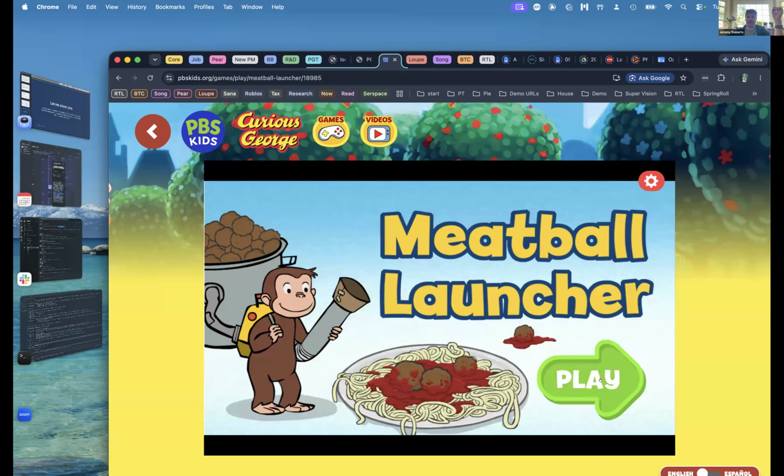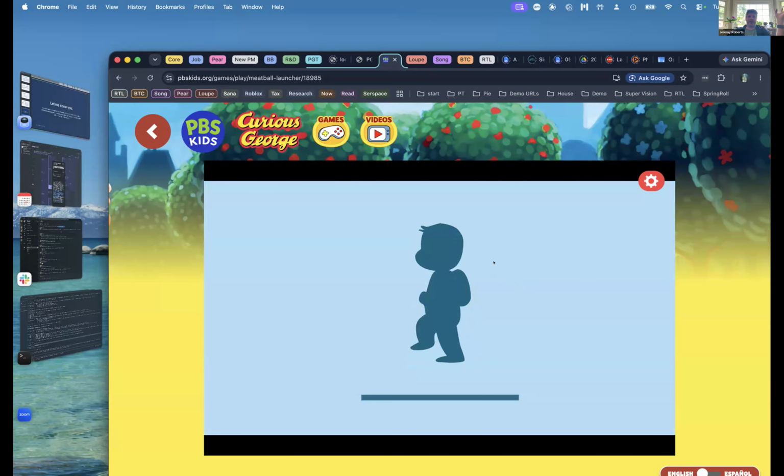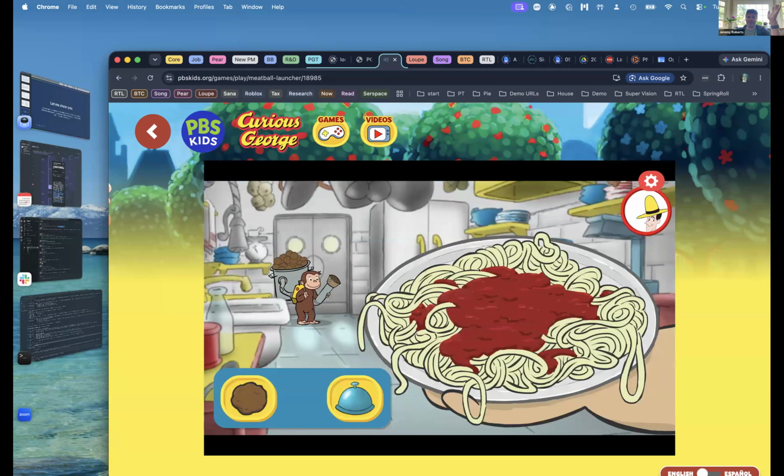So in this game, I don't think you're going to get my audio because of how Zoom is set up, but I'll just narrate. In this game, you've got a meatball launcher and a plate of spaghetti, and you're given a target number of meatballs, and you can launch as many meatballs as you like onto this plate. And when you're ready, you can go ahead and click the bell. Click the bell is sort of, it's ready, order up. This is my submit button, if you will. So depending on my target, I can put too few meatballs, I can put too many meatballs, or I can put exactly the right number of meatballs.